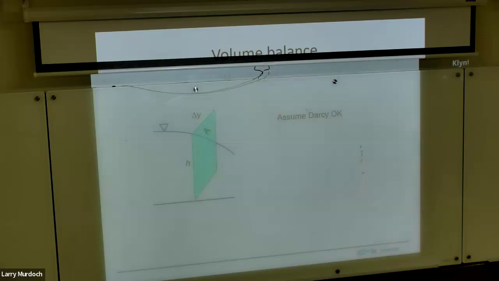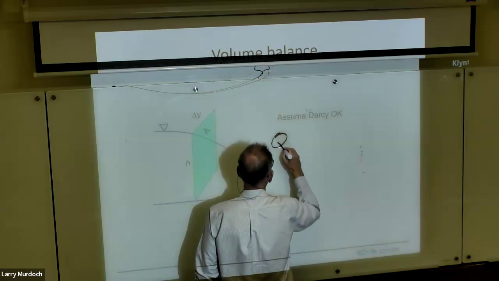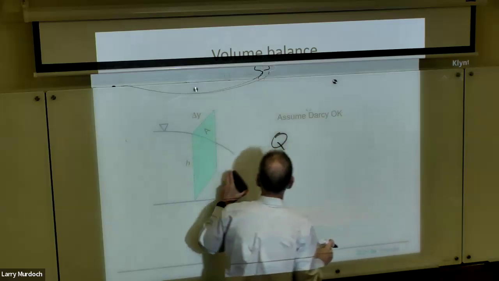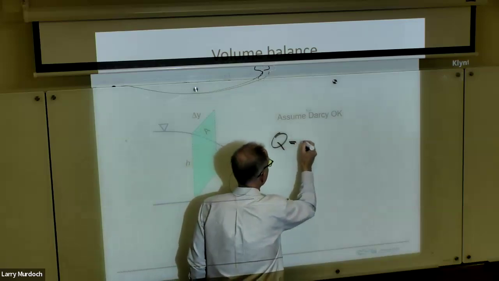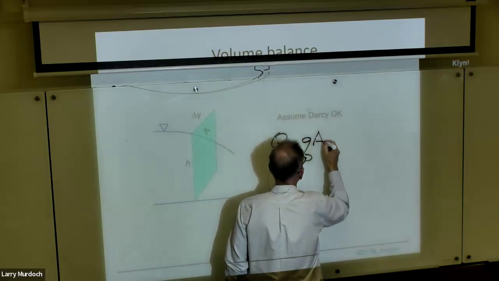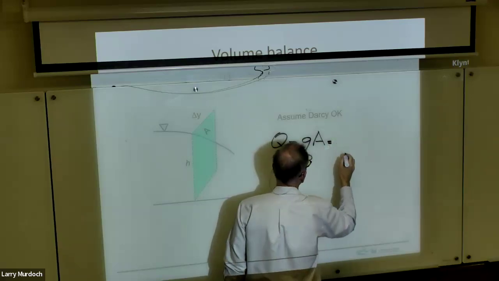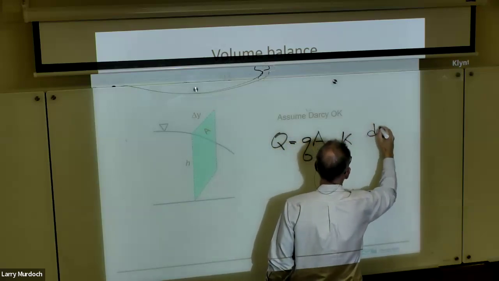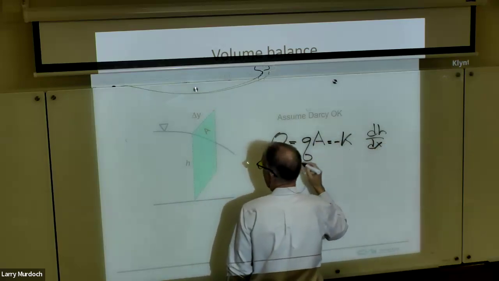We'll start off assuming that Darcy's law is okay. Using Darcy's law for the volumetric flow, that's the flux times the cross-sectional area. And the flux, we said, was minus K dh/dx. And the area,